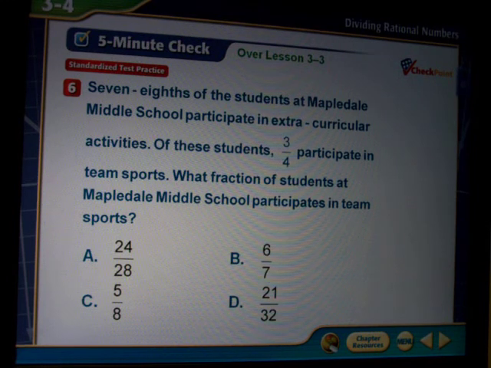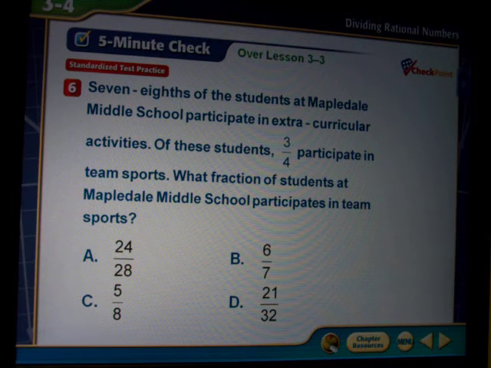Now 7/8 of the students at Mapledale Middle School participate in extracurricular activities. Of these 7/8, 3/4 participate in team sports. What fraction of students at Mapledale Middle School participate in team sports? So in other words, what is 7/8 times 3/4? Is the answer A, 24 28ths, B, 6 7ths, C, 5/8, or D, 21 32nds? And your answer is